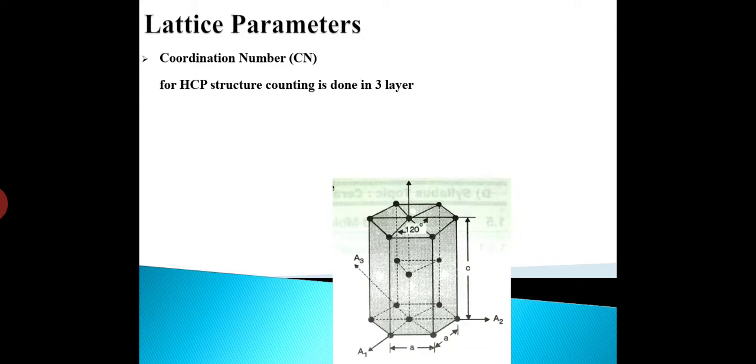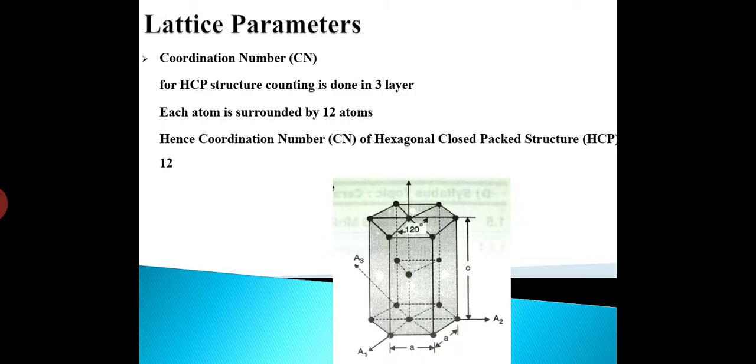For the last structure, the HCP structure, as shown in the figure, we know that it is divided into 3 layers, top, bottom and middle layer, but to calculate the coordination number we consider only the hexagonal portion. The number of corner atoms is 12, and there are 2 face atoms, so again 14 atoms. Using the same concept, one atom is the central atom and one is a far atom, so 12 is the coordination number for the HCP structure.